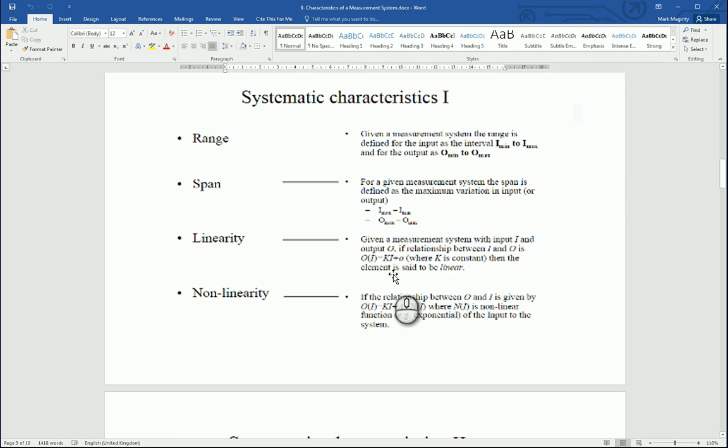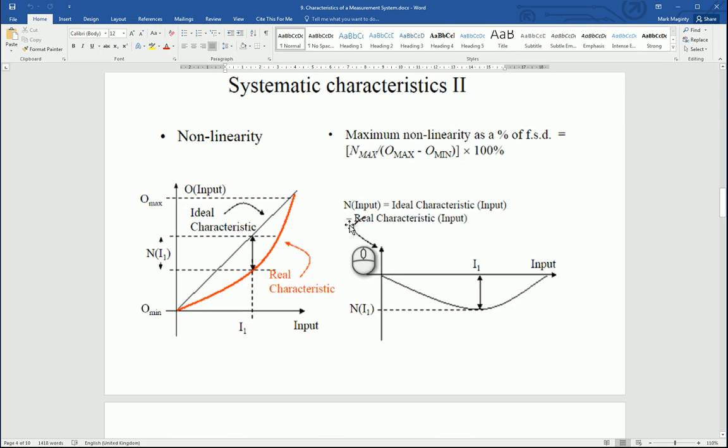There's obviously non-linearity as well, which is the relationship between O and I, gain, output and input, where O of I is equal to KI plus A plus N of I, where N of I is a non-linear function, which could be, for instance, exponential of the input to the system. So moving on down, as I say,